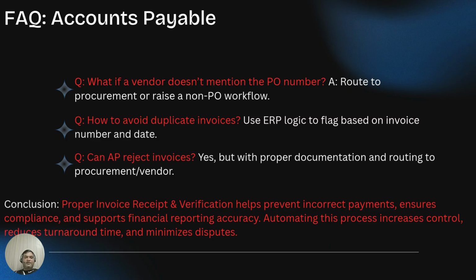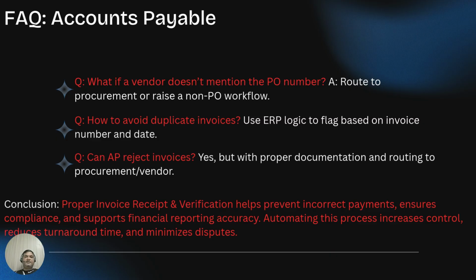this invoice rejection. For example, you are rejecting an invoice for PO not being mentioned. You can't just reject an invoice without any documentation or without any comment. It is important for us to reject the invoice and let the vendor know that, hey, this invoice is rejected because there is no PO number mentioned on it, or you say this invoice is rejected because the address is missing, the contact details are missing. So likewise, it is very important for us to communicate back to the vendor primarily the reason why the invoice